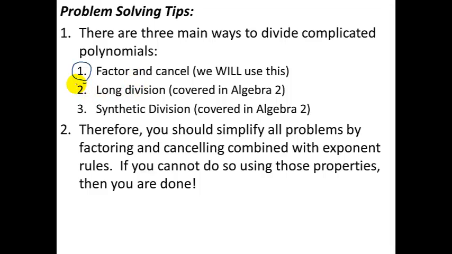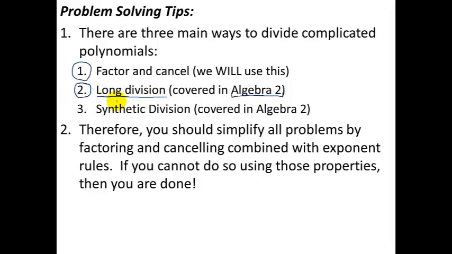Okay? The second method that's covered in this chapter of your book is called long division. Now you learned long division back in like elementary school, right? You divide two numbers that don't go into each other very evenly. You have to carry out this long process and you get a remainder. You can do the exact same process using variables as you learned in elementary school using numbers. However, this is a topic that's explicitly covered in Algebra 2. And so we're going to, for now at least, postpone it and not talk about long division,